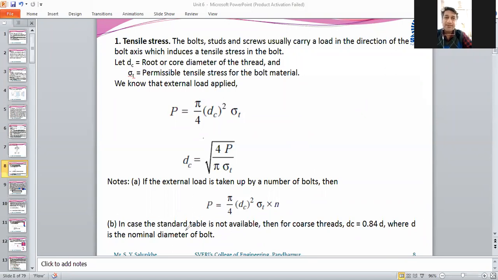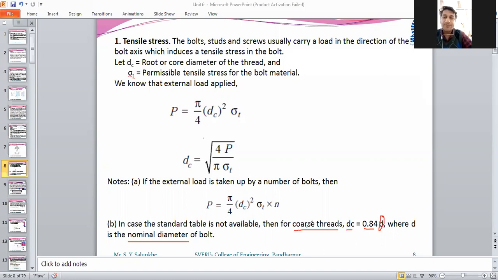So in that case, if the standard table is not available, then for coarse threads, meaning threads which are manufactured roughly, the core diameter is taken as 0.84 of the major diameter or nominal diameter. Okay, so 0.84 is used when the core diameter is not given, or